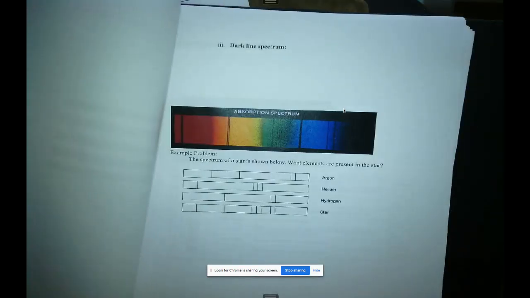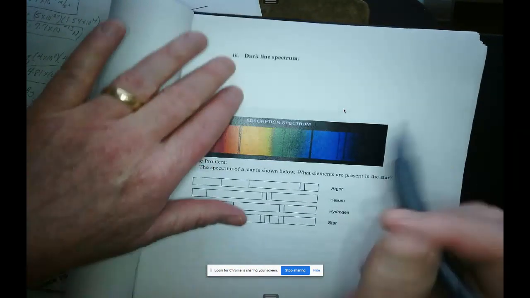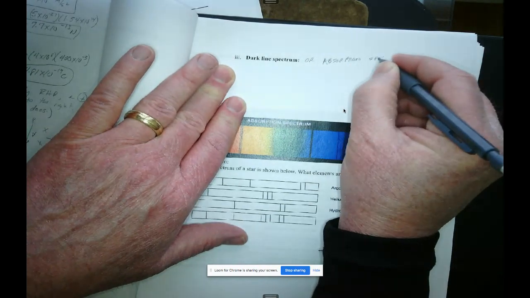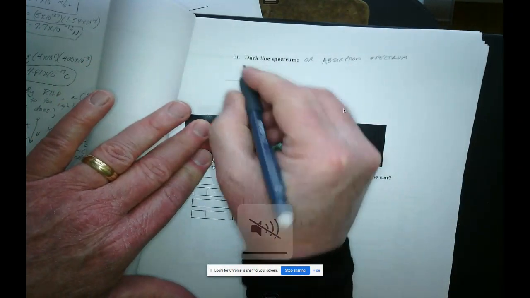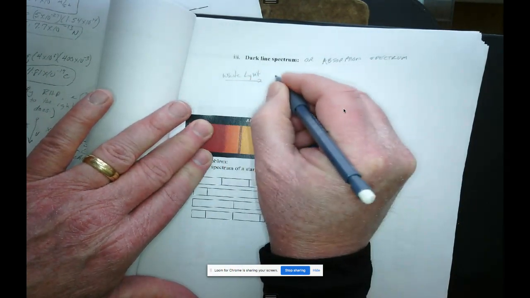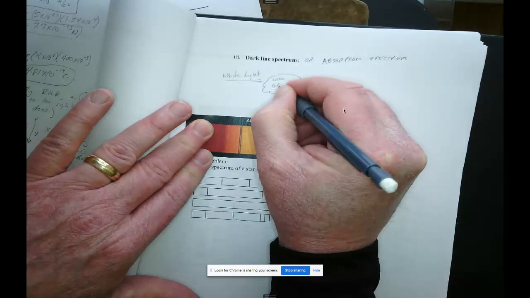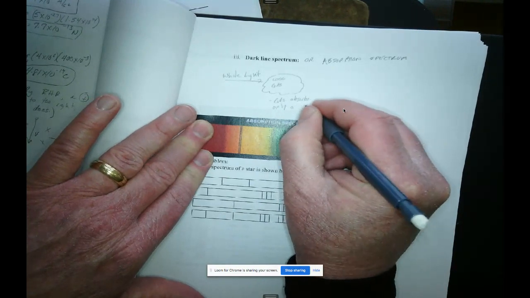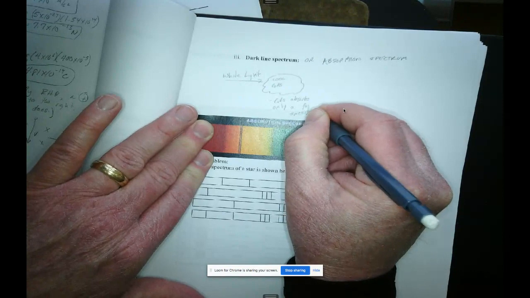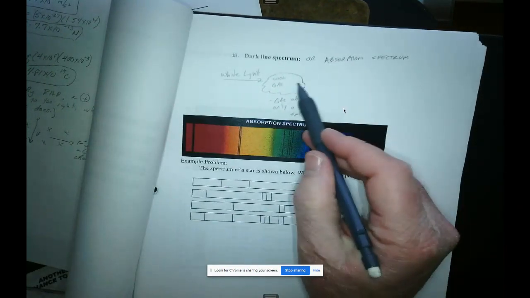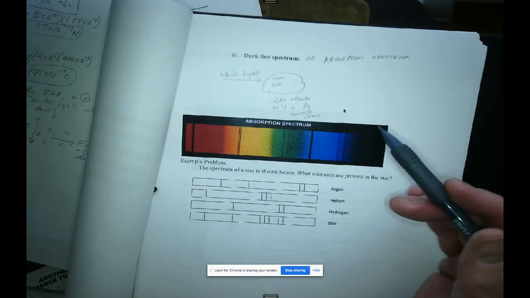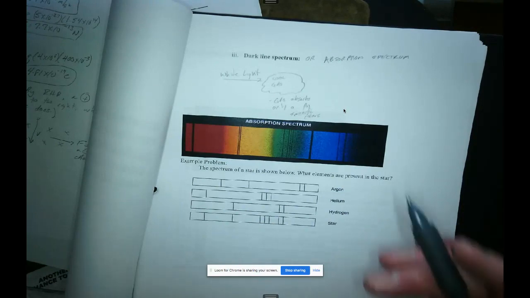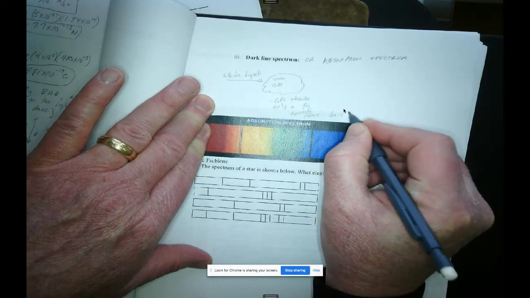And the last type of spectrum we're going to talk about is called a dark line or absorption spectrum. And therefore, when you take white light and shine it into a cool gas, the gas absorbs only a few specific colors. And it turns out when it's cool, it's going to absorb the same colors it emits when it's hot. So on the previous page, we had hydrogen, and hydrogen emits kind of red and a greenish color and a purple. It's going to absorb those same colors. And it's going to leave dark lines